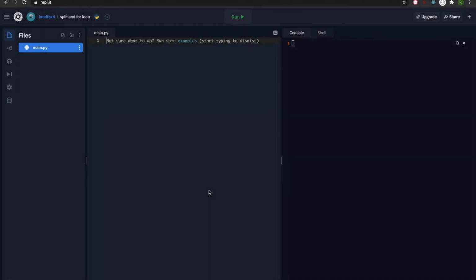Today I wanted to go over the for loop inside of Python, and I wanted to go over a couple of different data types where we can use the loop. So for example, I wanted to start out with a list. So if I had a list, let's say of vowels,